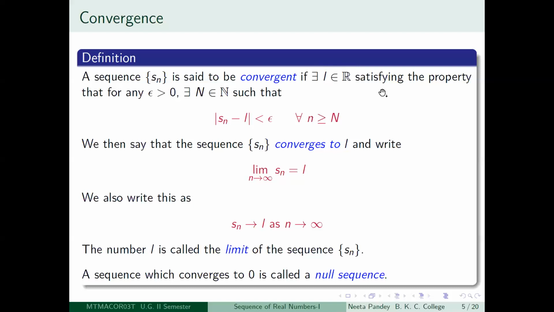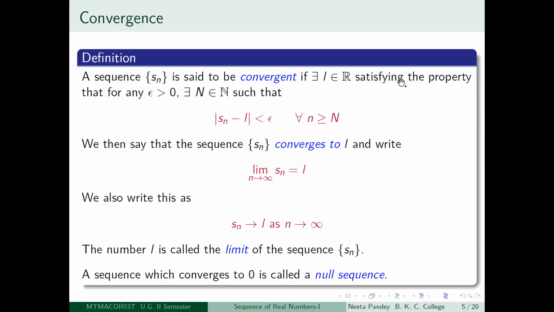Now we are trying to say what it means for a sequence to be convergent. We mean that I can find a real number L with the following property: if you take any epsilon neighborhood of L, then this sequence S1, S2, S3, S4 and so on, the terms of the sequence,